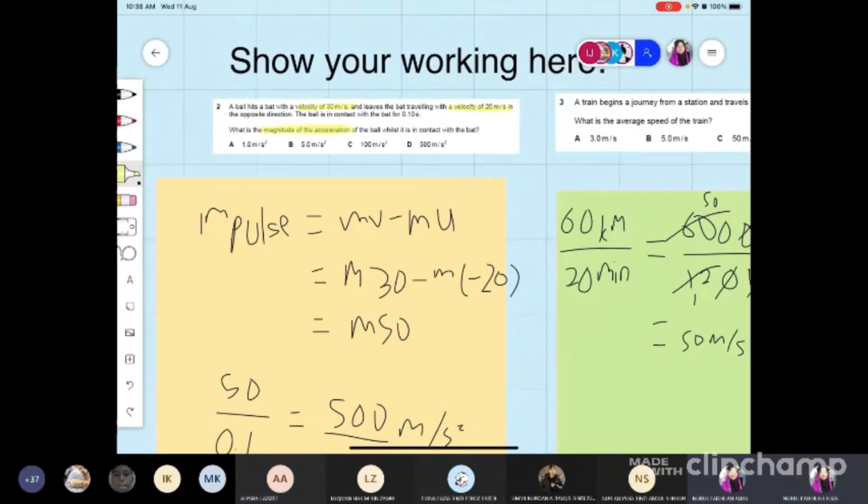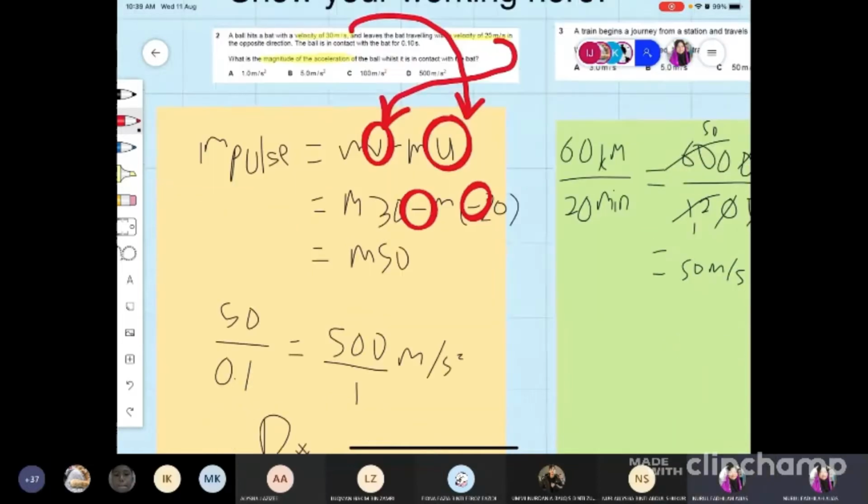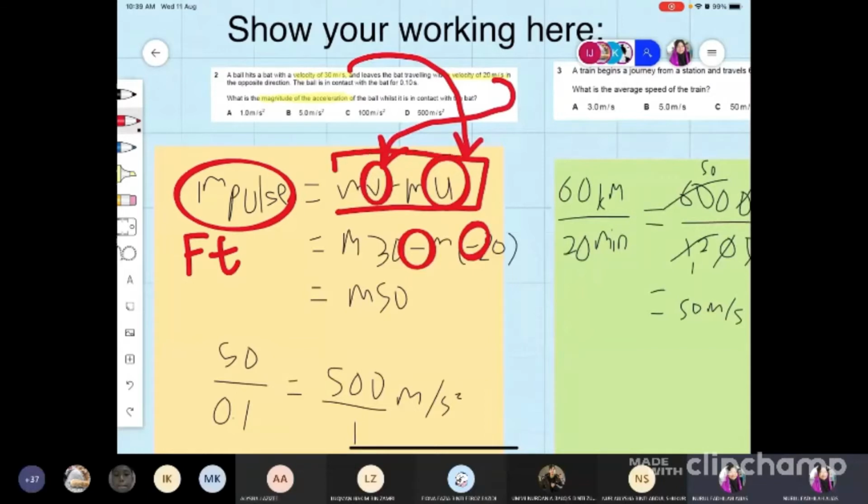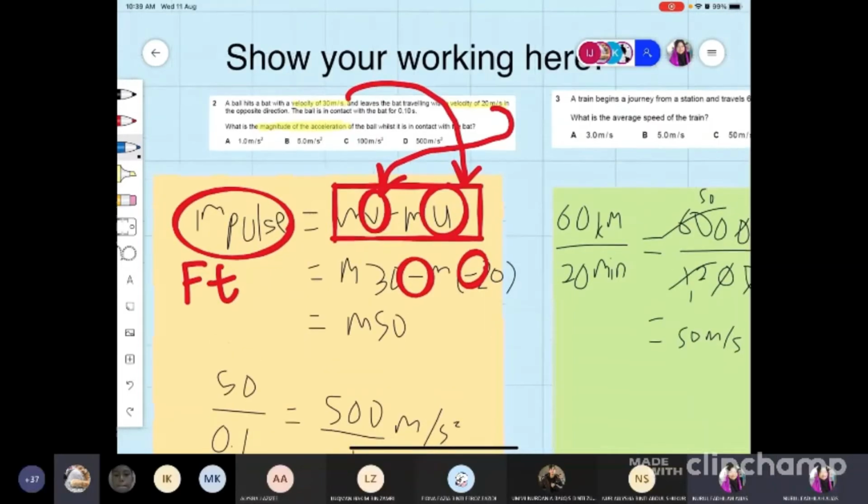So one for you to write this as mv, and the other as mu. So which one is v? Which one is u? V is the final. Is v the 30 or the 20? So then you use impulse. So what is impulse? Impulse is equal to mv minus mu. So what is mv minus mu? mv minus mu is the